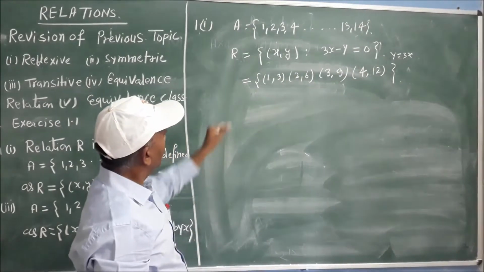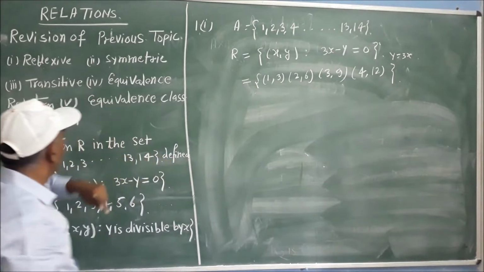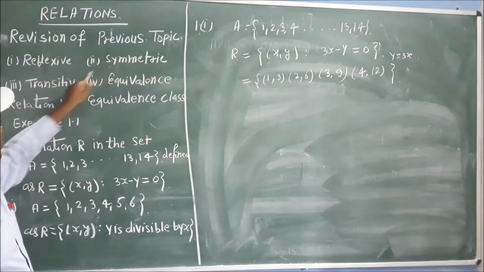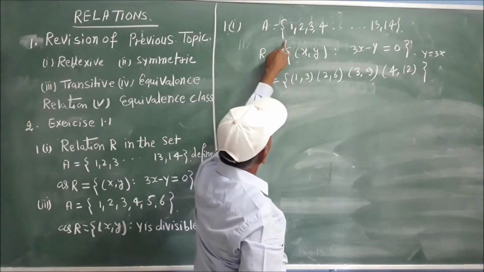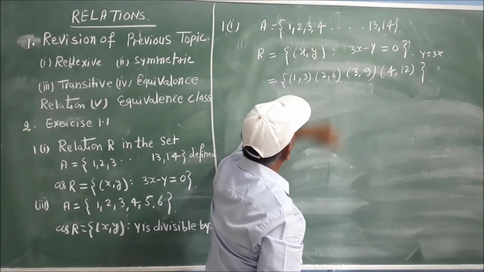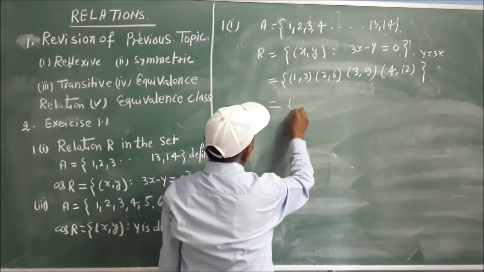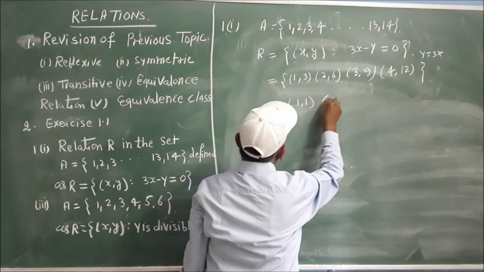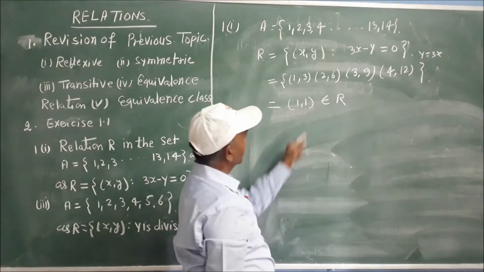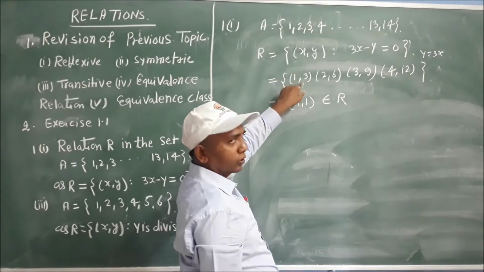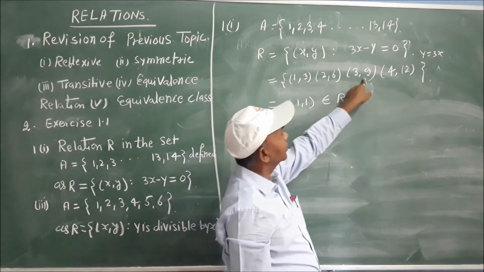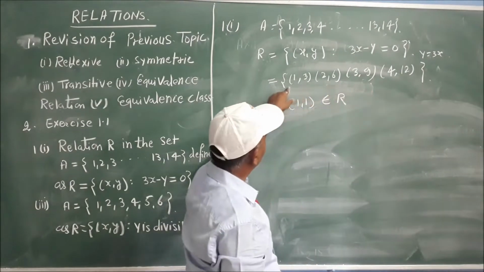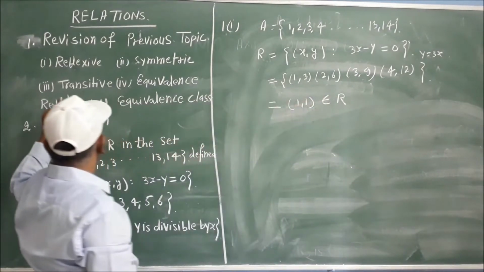And after that we check whether this relation holds the reflexive, symmetric, or transitive property or not. So check here. Here elements of the set are (1,1), (2,2), (3,3). So here you can say that (1,1) does not belong to R. That means this relation is not reflexive. (1,3) belongs to R, but (3,1) is not here. That means this relation is not symmetric.